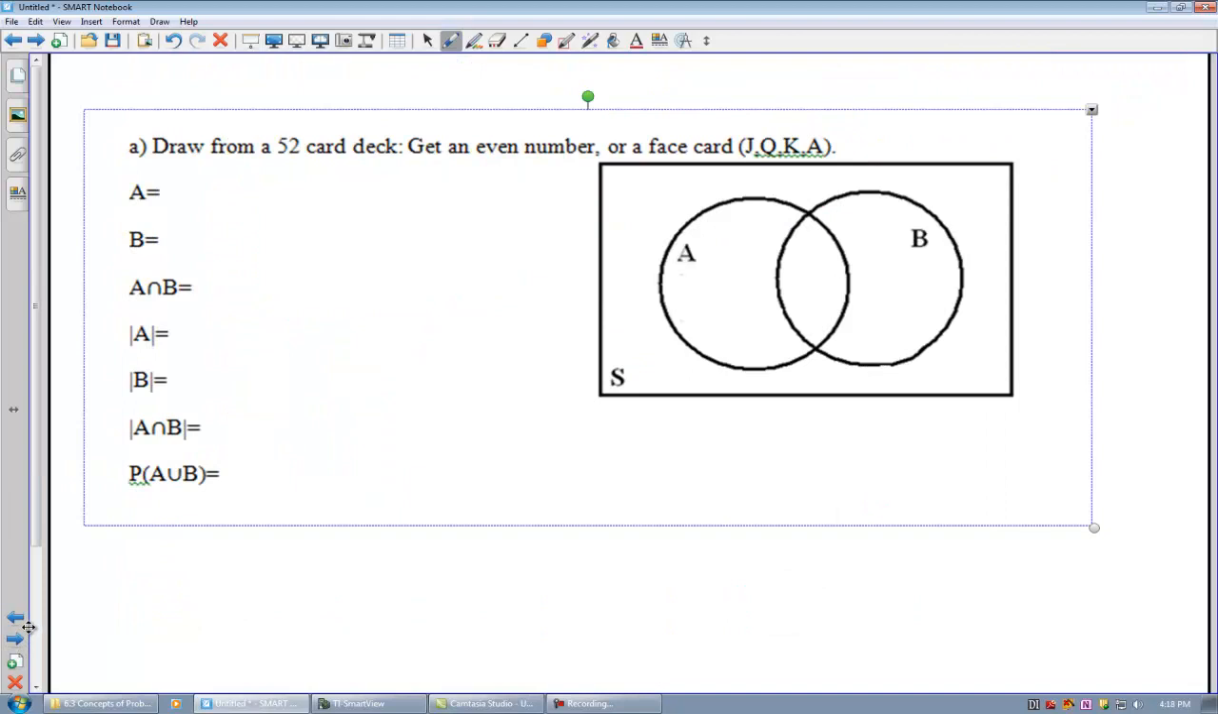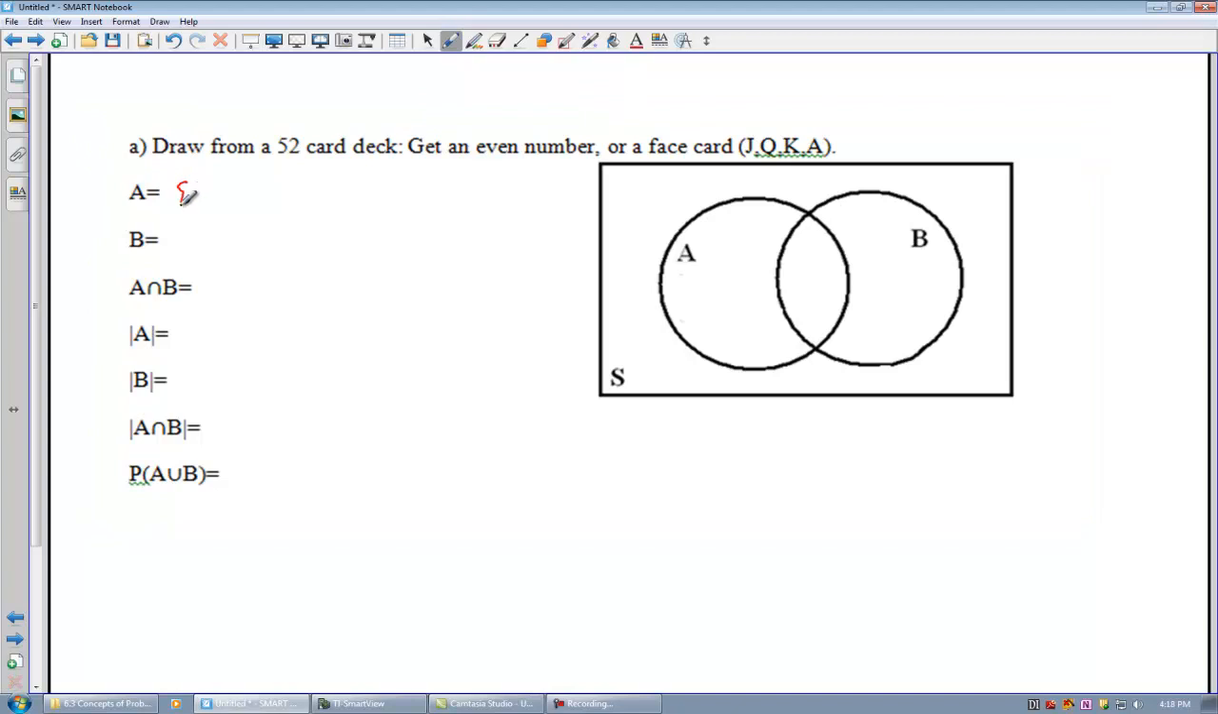For the next one, I draw from a 52 card deck, and I want to figure out the probability I get an even number or a face card: Jack, Queen, King, and Ace. Let's fill out A and B first. For A, I get an even number. So the set of all even numbers is equal to the set of 2, 4, 6, 8, and 10. And remember, you have these in hearts,